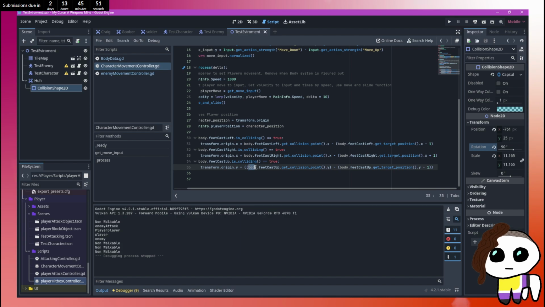Transform position needs to become where this point is, but then it needs to get to that position. Okay, it needs to get to that position, but then it needs the difference between... would it then be